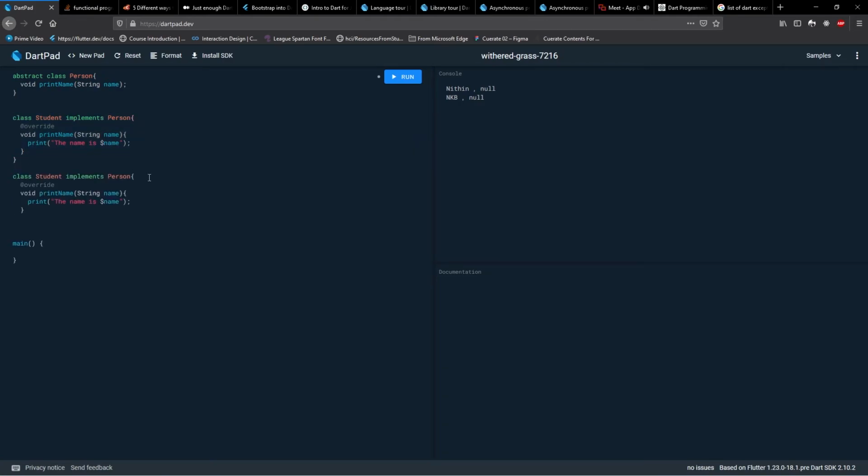Now I can also have a separate thing called class Teacher. Okay, class Teacher also implements Person, and I can use the same function name, but the student's name is name, the teacher's name is name. So both of these are implementing a class called an abstract class.